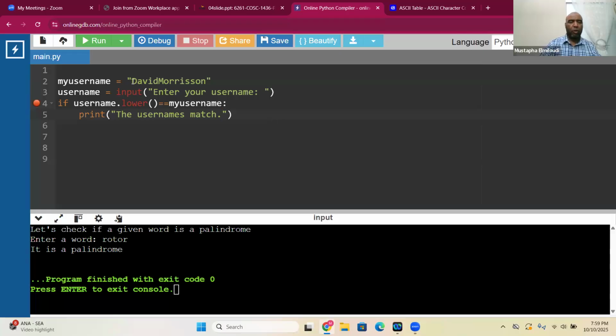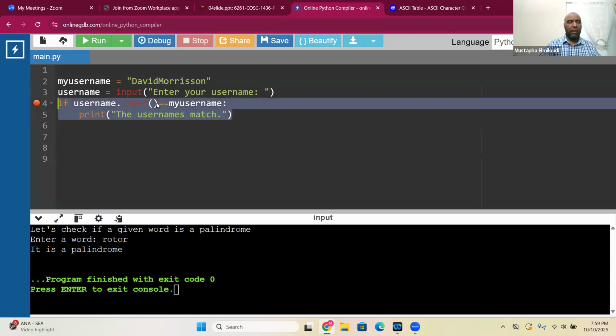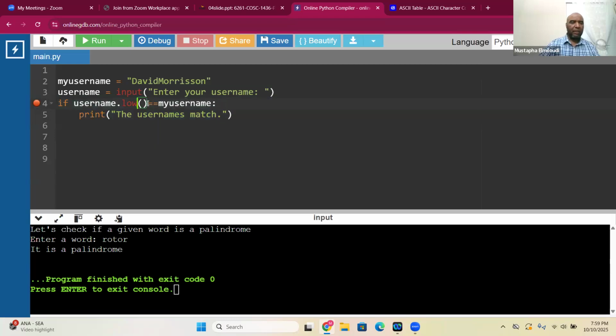For example, if you enter a couple of spaces and then the username, the program still allows you, because it ignores those spaces. It's not going to ignore spaces in the middle, only at the beginning or at the end. So for example, here, I'm going to say if the username, and then I'm going to put strip. That means get rid of any